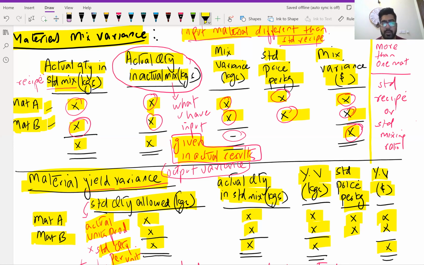So if you are making 1,000 units and the quantity per unit is 3 kgs, so standard quantity allowed would be 3,000. If you are making 5,000 units and the quantity allowed is 1 kg per unit, so 5,000 units into 1 kg per unit, 5,000. So you see,